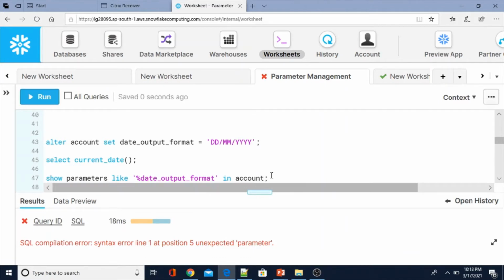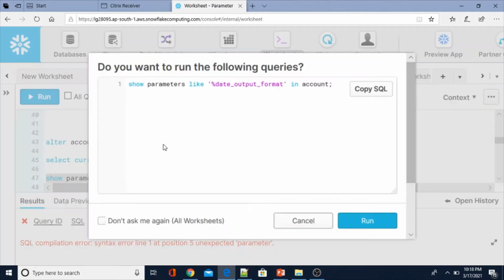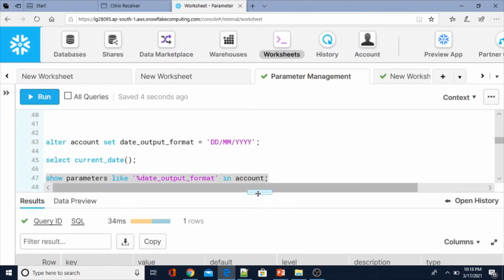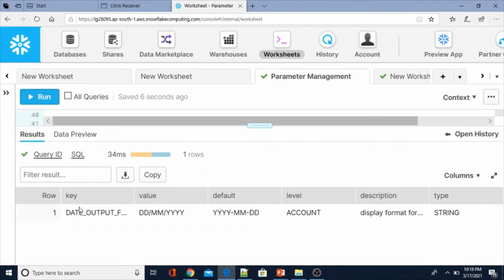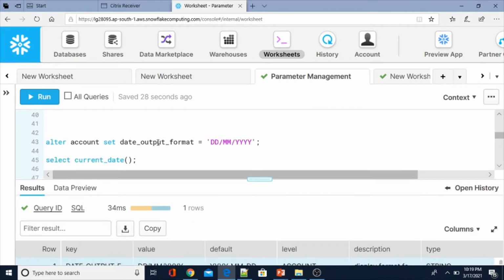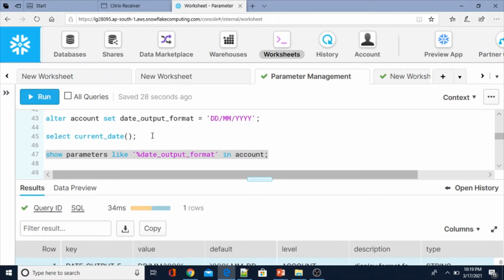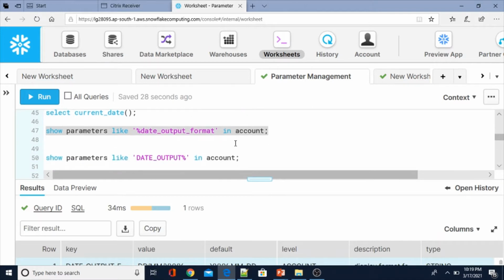If you see here, the key is our parameter name, the value is the DD/MM/YYYY format, but the default value is YYYY-MM-DD, and we have changed it. The level is the level at which we have set this parameter, account level, and type is string. This is how we check the parameter value at account level even after altering it.